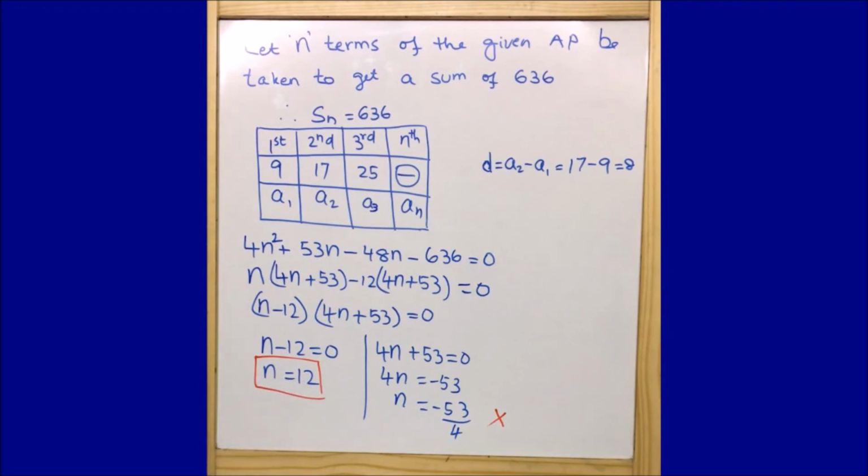The question looks very simple, but we need to understand how we move through the calculation. So the n value is 12. That is the answer, because they asked up to what term we need to include so that we get a sum of 636. So we can say that up to the 12th term we can include, so that we get a sum of 636. Hope you understood this calculation. It looks a little confusing, but it is straightforward. Once you start doing the calculation, you will gradually do it till the end.